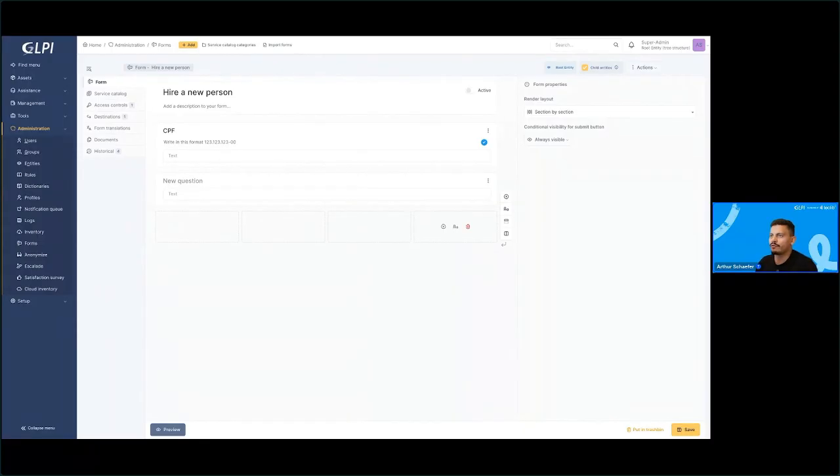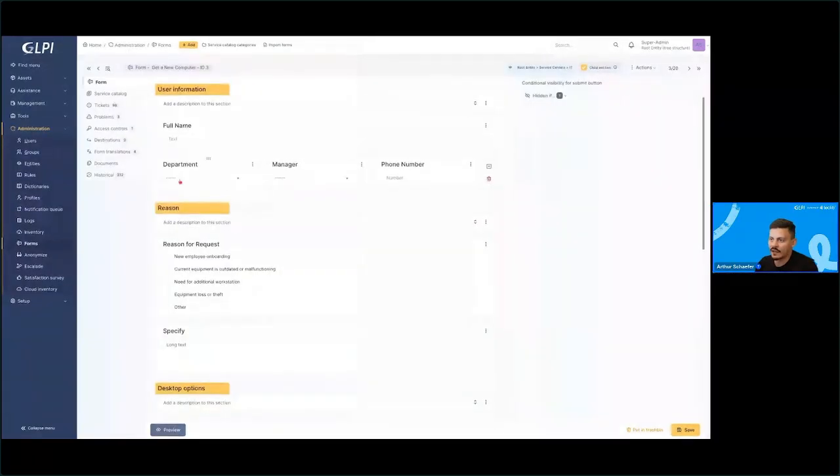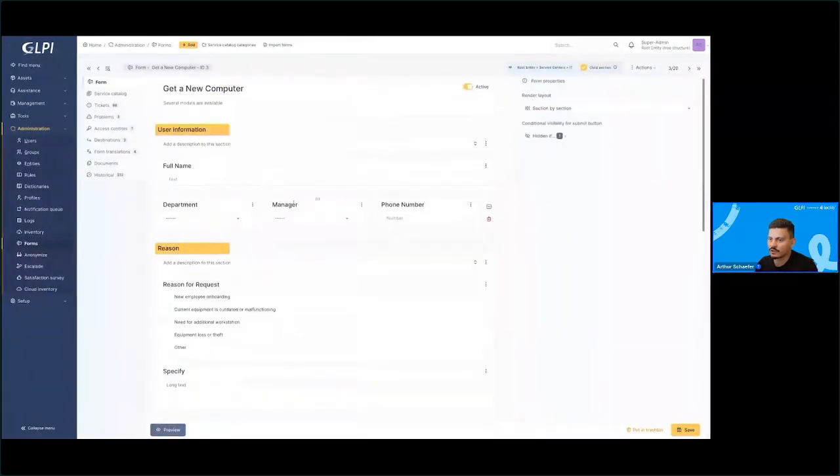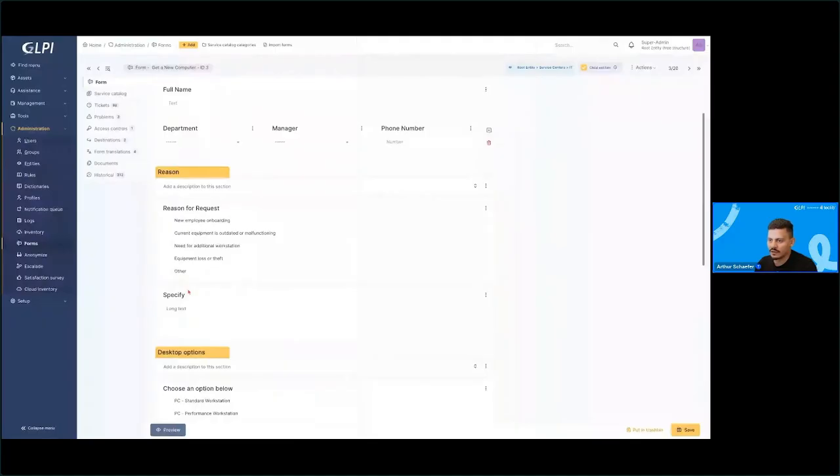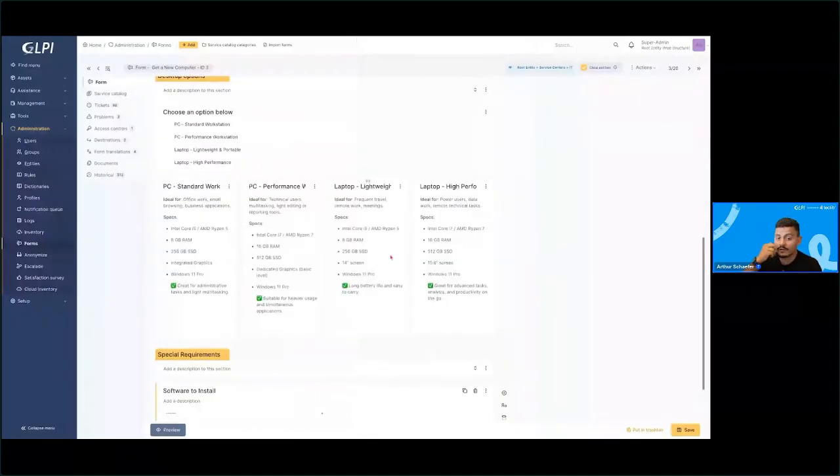But coming back to the other, sorry, you are not seeing what I was showing. This tab. Okay, good. Here I had 3 columns, as I mentioned, the reason, and the questions inside this section. All the yellows here are sections. And here I've created the catalog of computers that I have available for this user, as I was mentioning. Coming back to our other form,